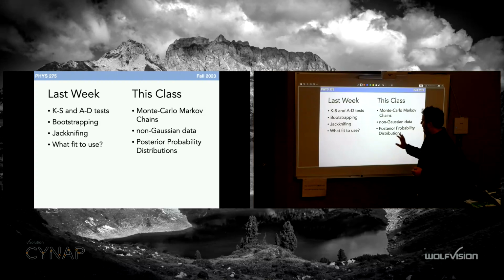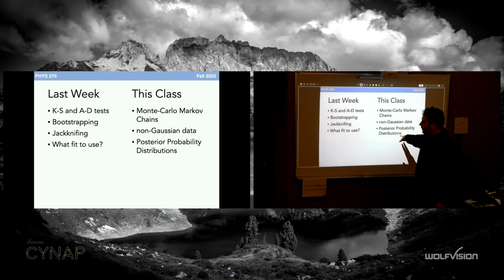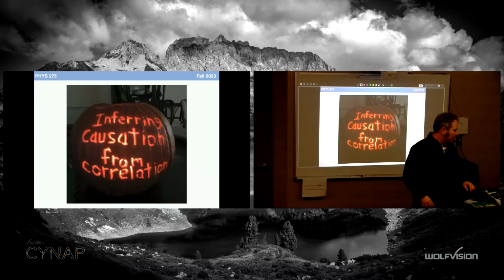And so what we're now learning, especially with big data, is that there is something that looks Gaussian, but then there's a long tail. If you start looking at large numbers, the distributions aren't quite Gaussian anymore, and that's the part where it gets interesting. So we need a function that describes where the values actually end up for most of our fits, but it isn't a Gaussian that has these tails. And we call that the posterior probability distribution, or the probability distribution function. That's abbreviated as PDF, which is really confusing.